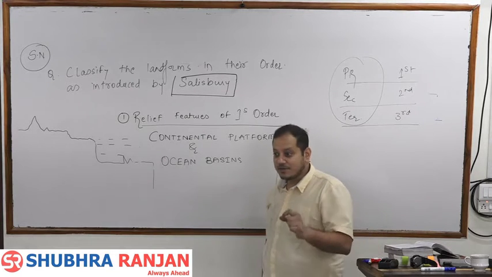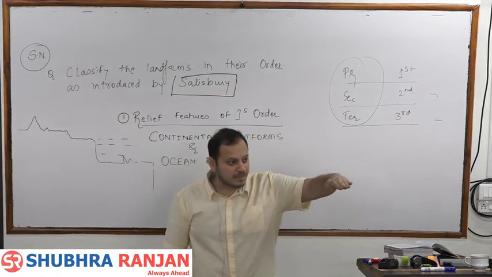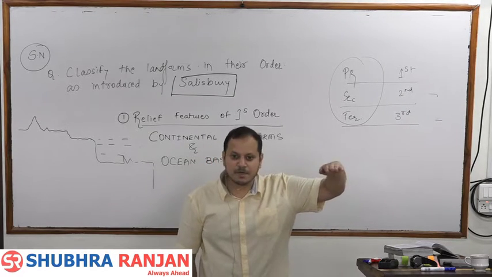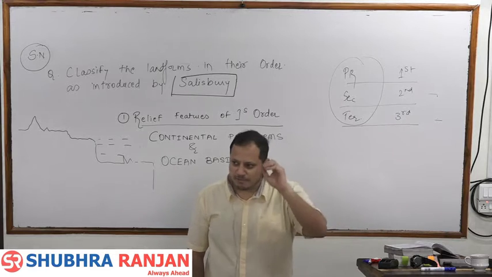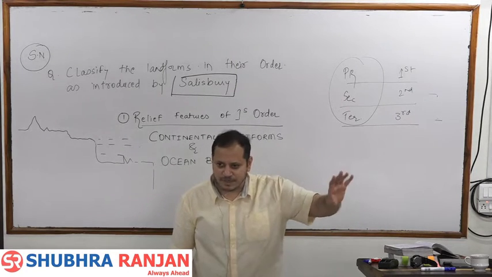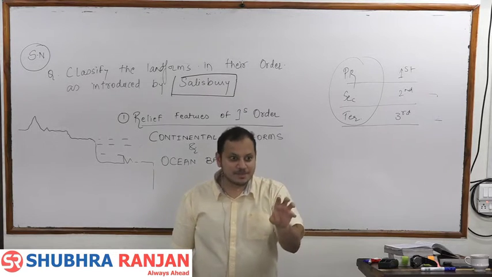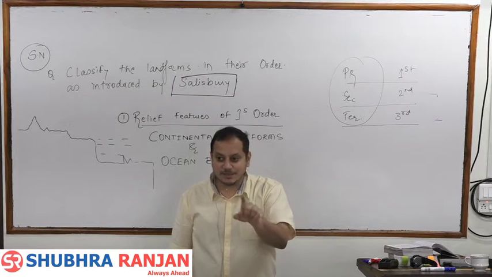Peninsular India is a first order relief feature. Peninsular India, one of the flattest lands, is a plateau made up of hard rock. Why? Because the second order relief features above it have been eroded over the period of time. Getting it? So peninsular India, but we will not write this as peninsular India because peninsular India is not